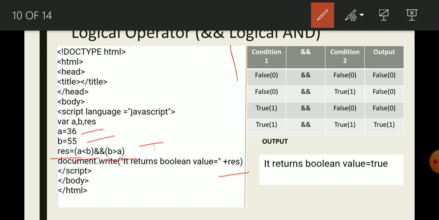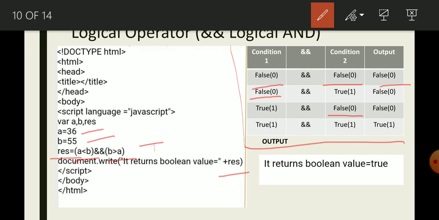See this table. You will be more clear about the AND operation. First column is condition 1, second column is condition 2, third is the AND operator, and fourth is the output. If both conditions are false, then the whole statement returns false. If any one condition is false, then the whole statement returns false.